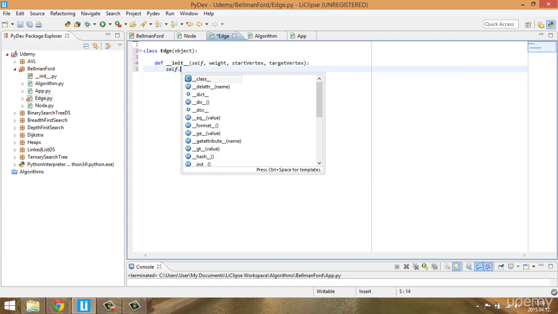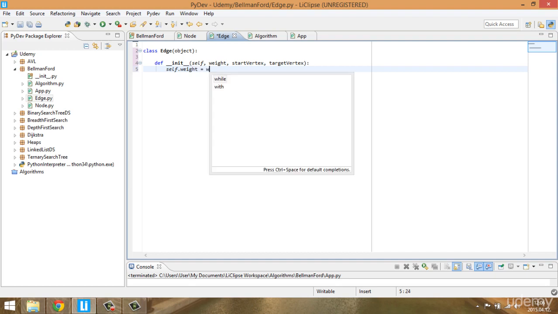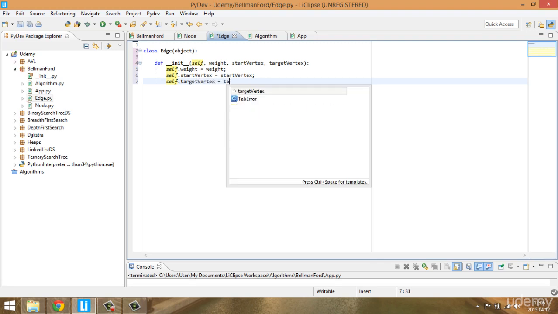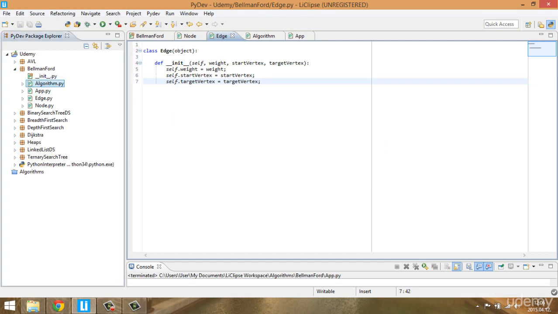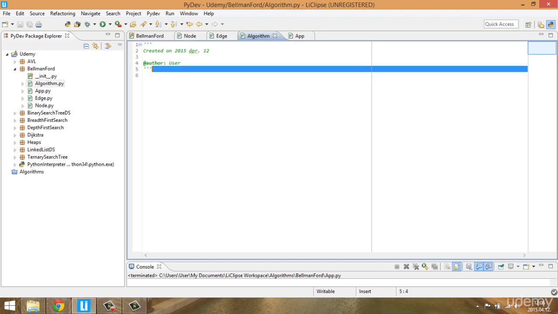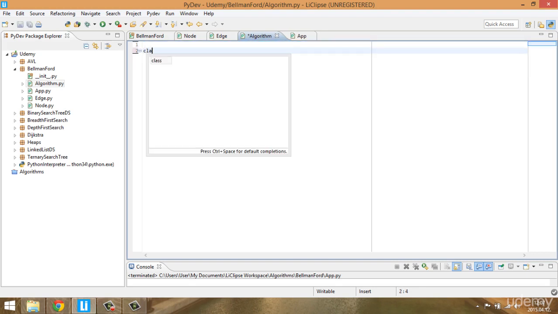And you just have weight equal to weight, start vertex equal to start vertex, target vertex equal to target vertex. Okay, so let's focus on the concrete algorithm, and I'm going to create a class with the name